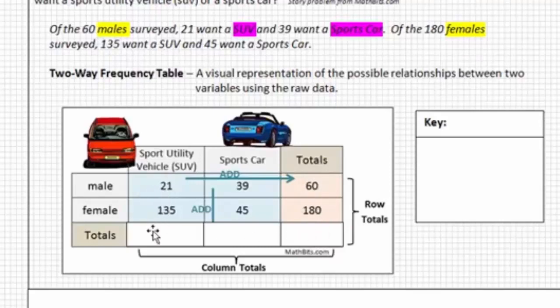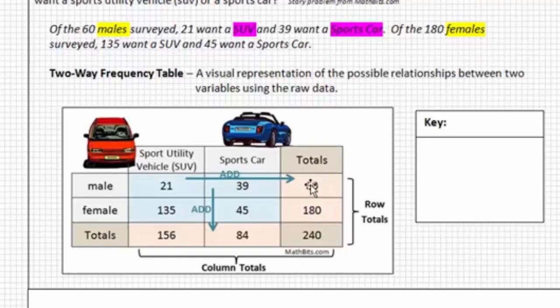So if we add 21 to 135, we're going to get 156. If we add 39 to 45, we're going to get 84. And if we add 60 to 180, we're going to get 240. Now it's important to note that this 240 should be the total from these